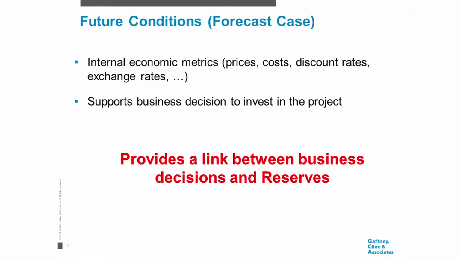So the current conditions are defined. What does that mean? It's the average of those existing during the previous 12 months according to the SPE. And according to the SEC, they use a formula based around a 12-month first of the month average. So there are reasons why the SEC uses that, and there are reasons why the SPE prefer to use future conditions, and let me run through those. So first of all, future conditions, as I said, they're internal economic metrics, so each company will have its own internal way of doing business.